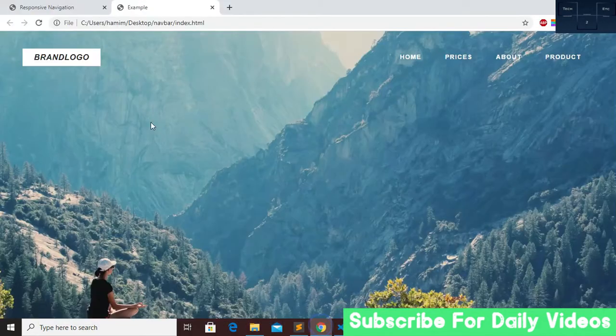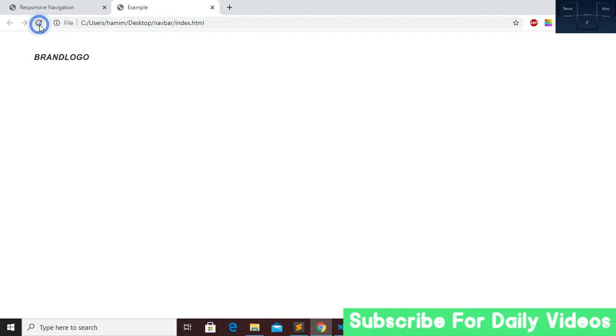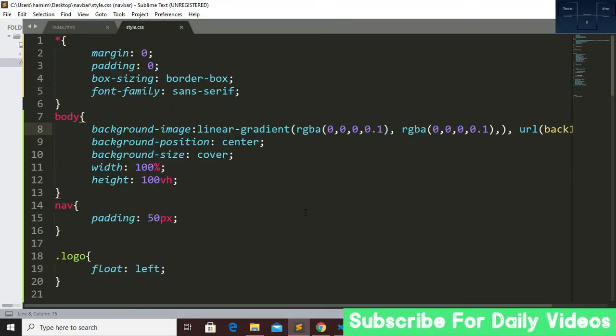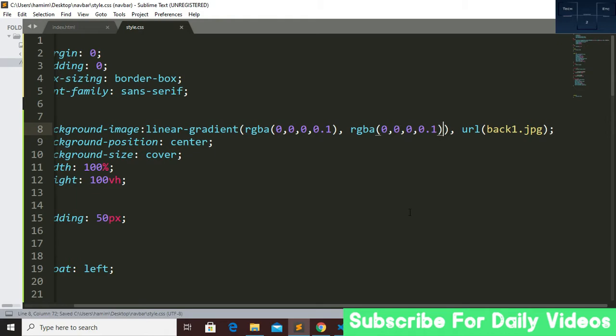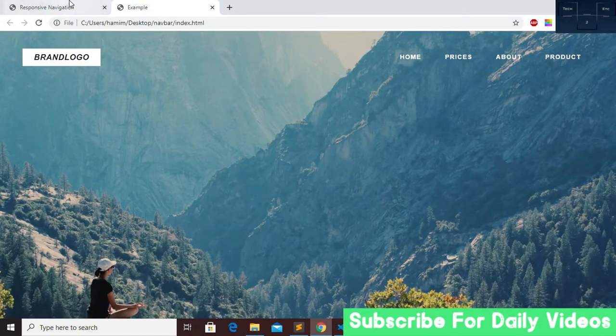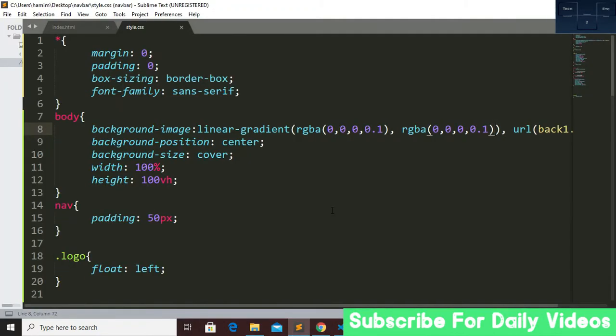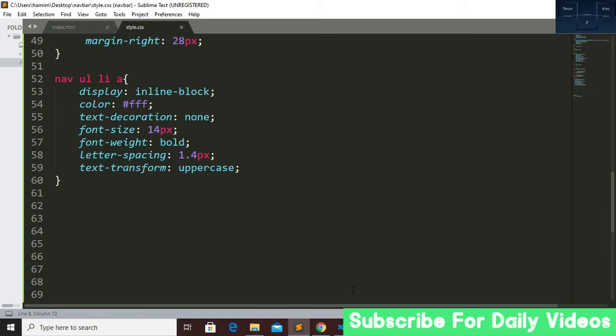Now we save, and if we refresh, you can see that there will be an overlay in our background image. Oh, I think there is a problem. Let's see. Oh, so there is, we don't need this. If we now save and refresh, yeah, that's it. Now these two are same. So our website is now ready.